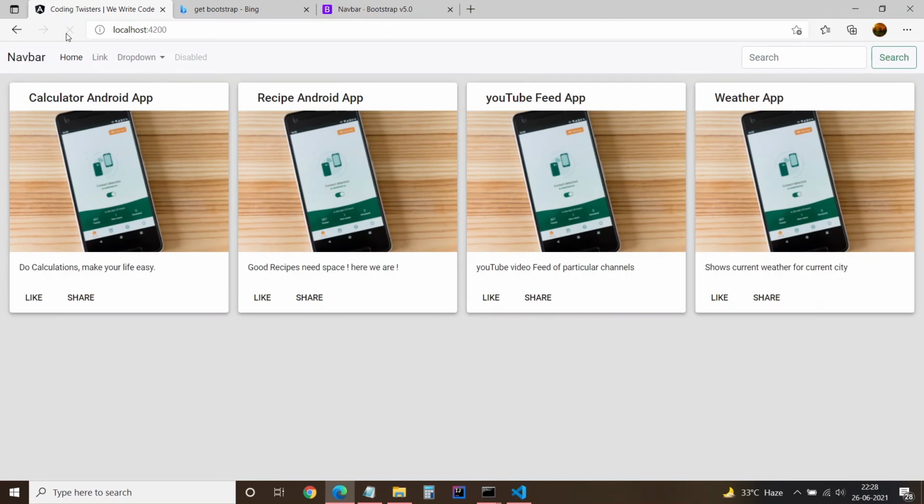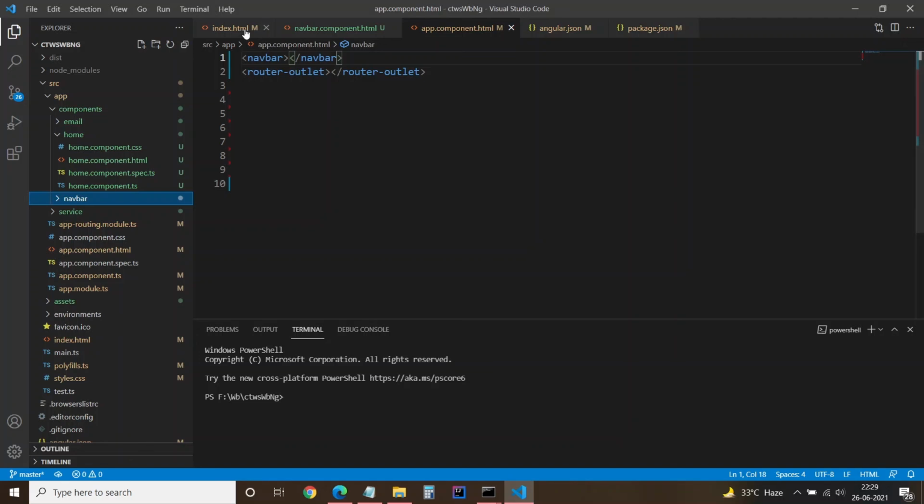I have already run the project and you will see Bootstrap is working, because it is showing everything perfectly right. And the dropdown will also work since you have added the JS, popper.js as well as bootstrap JS, in a CDN that is included in our index.html.